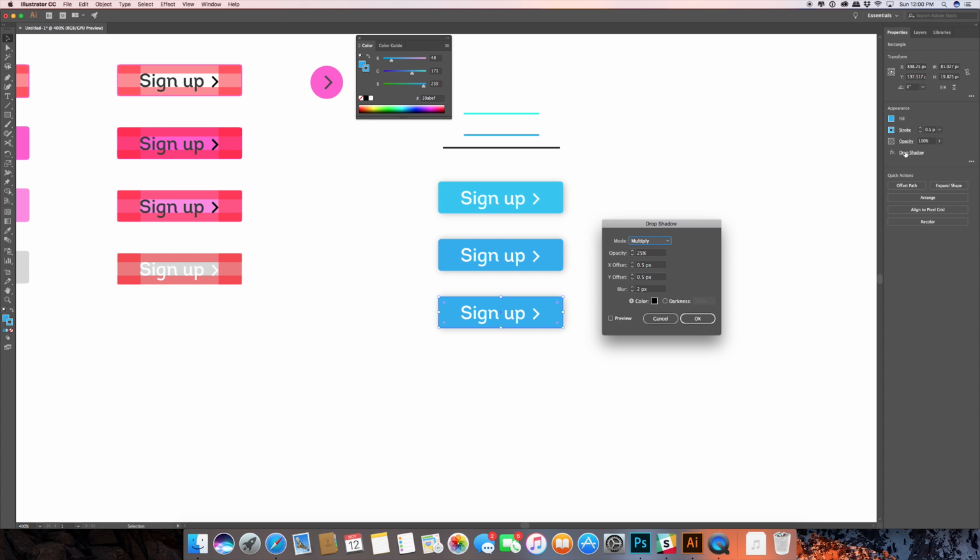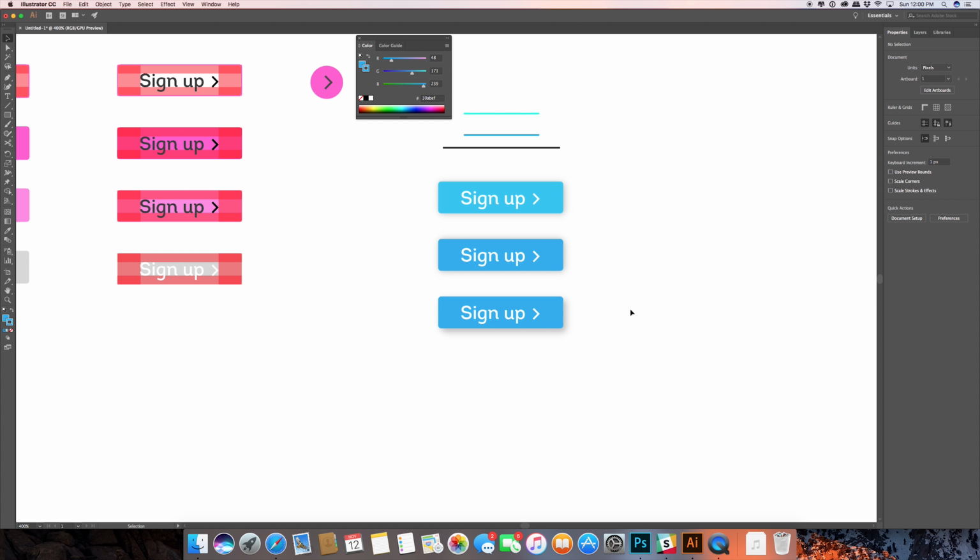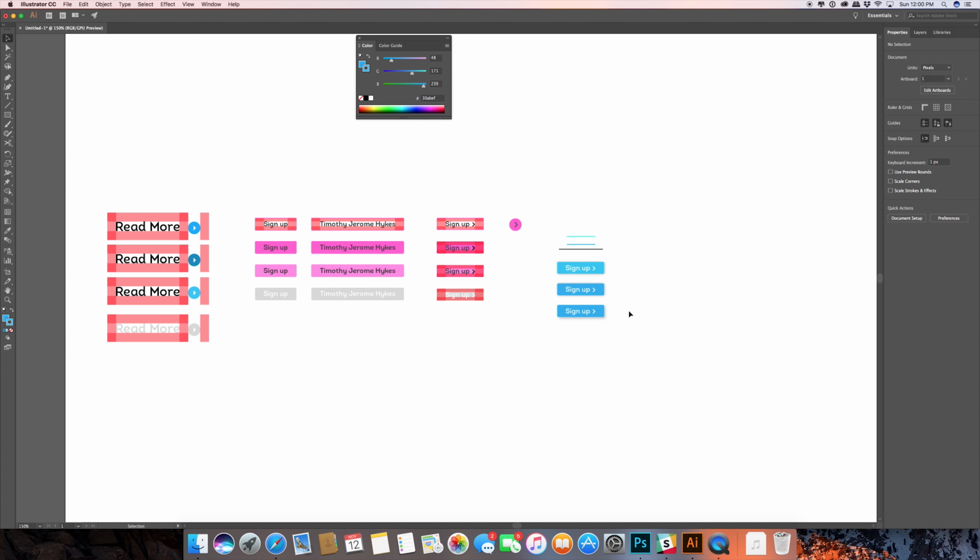We're going into the drop shadows, and we're going to offset these a little more. A little more. I think that does it enough to give you the appearance of elevation. Yeah, so when you zoom out,